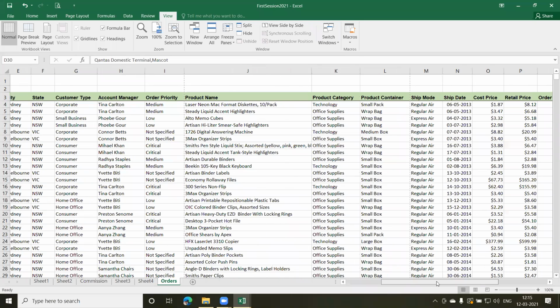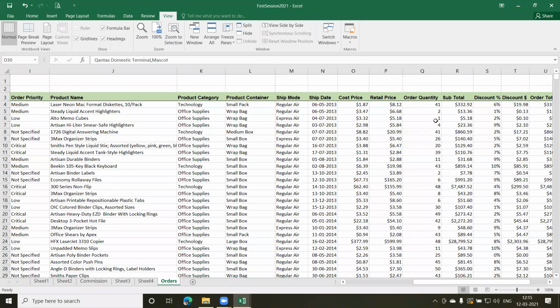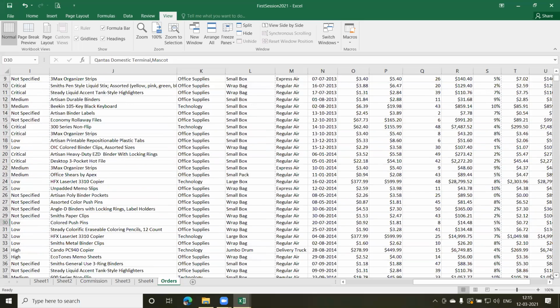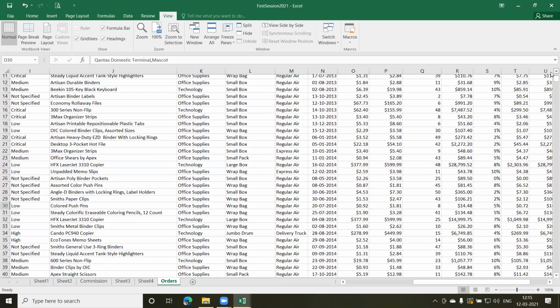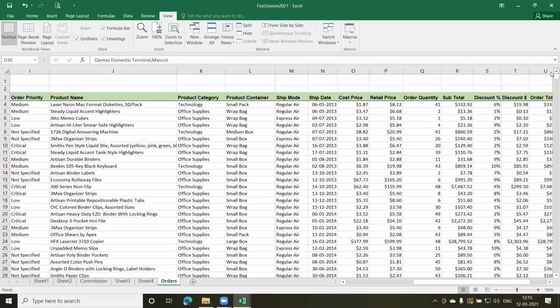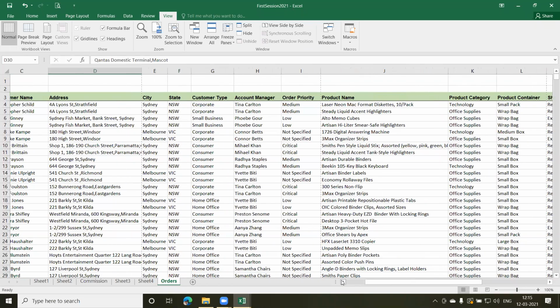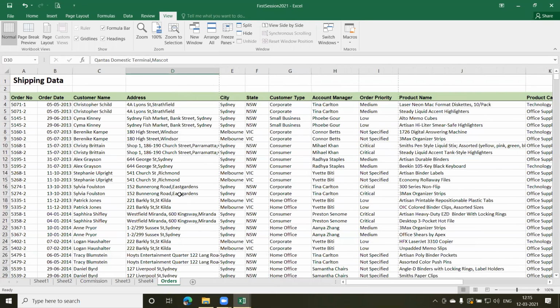There are so many column headings, especially when we are referring to the figures, we scroll down and we forget what is the sell price, what is the cost, or what were the other rates and so on. So what we can do is fix the rows and the columns as per my requirement. That is known as panes. So there's an option. If you look at this under view, we have an option called freeze panes.